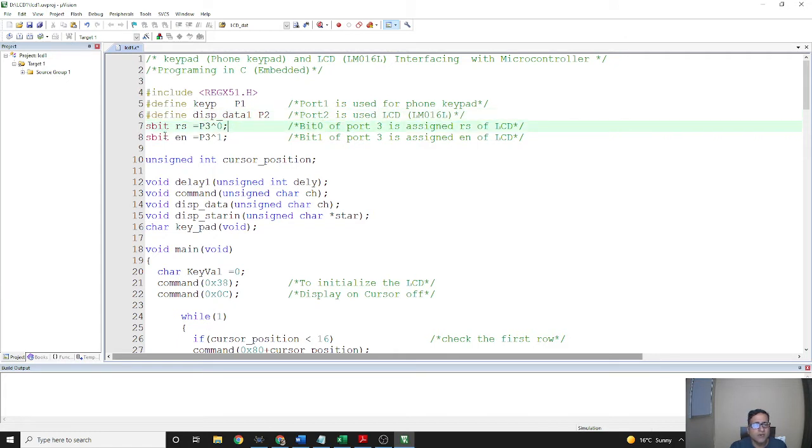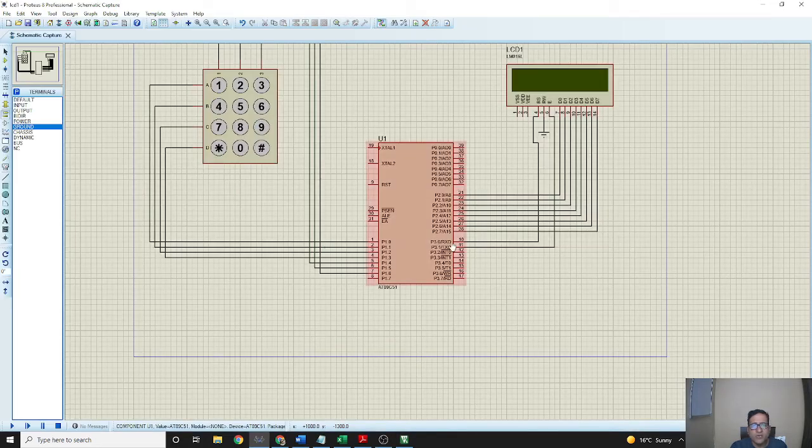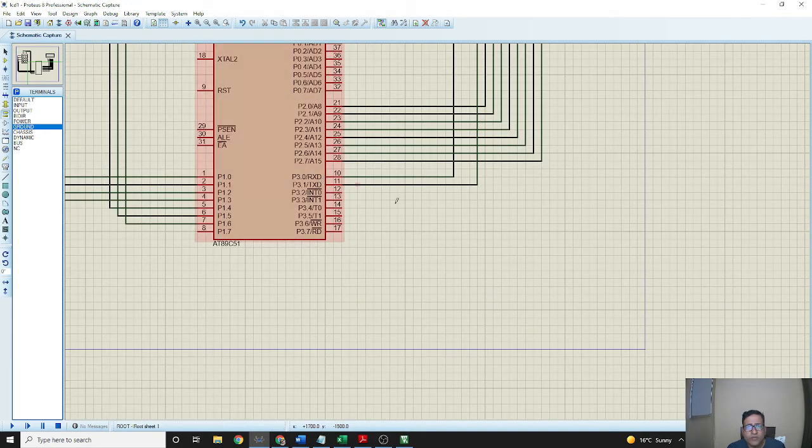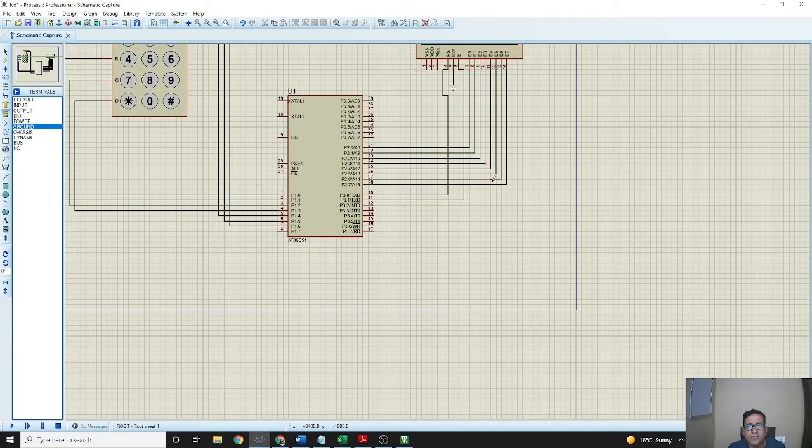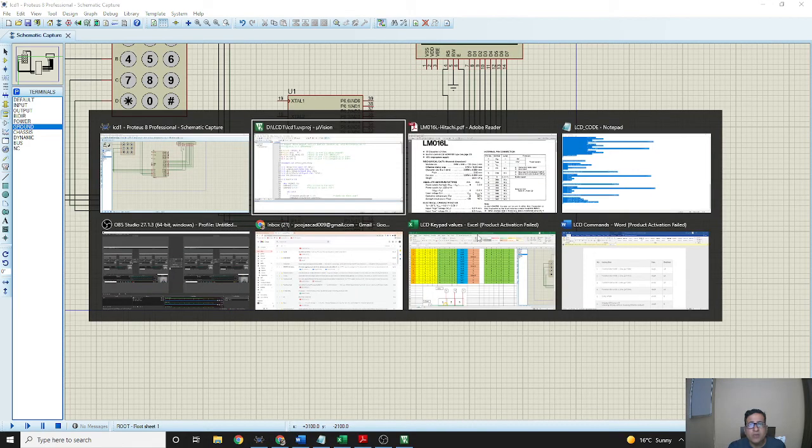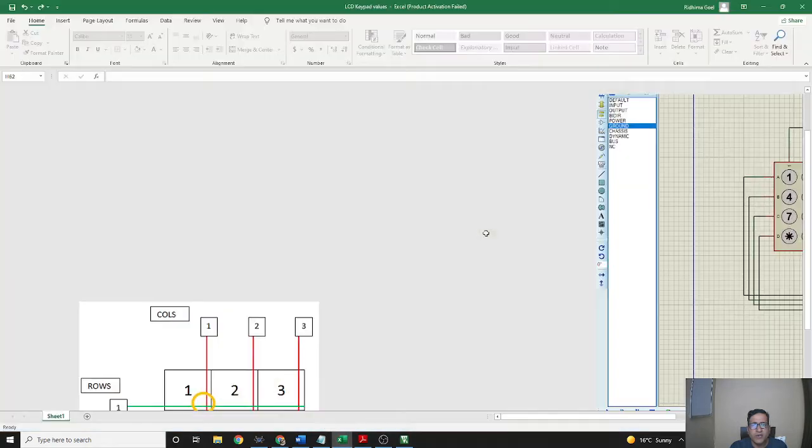After that we will set bit RS of port 3.0. You can see that here port 3.0 is connected with the RS of the LCD, or you can clearly find it here.